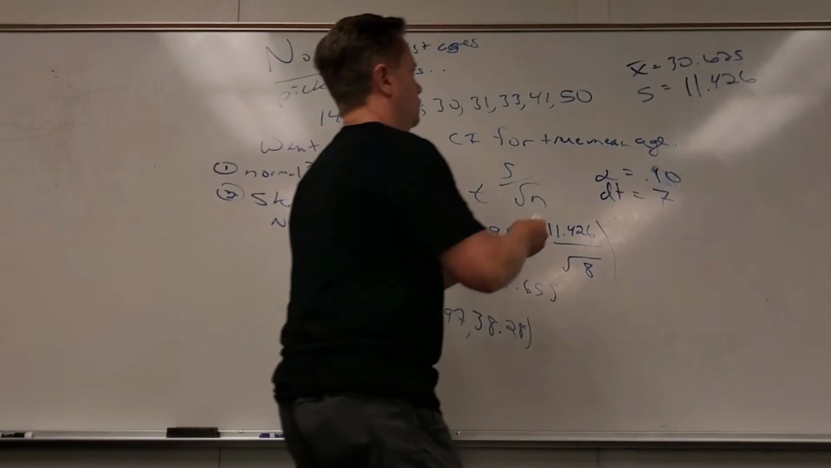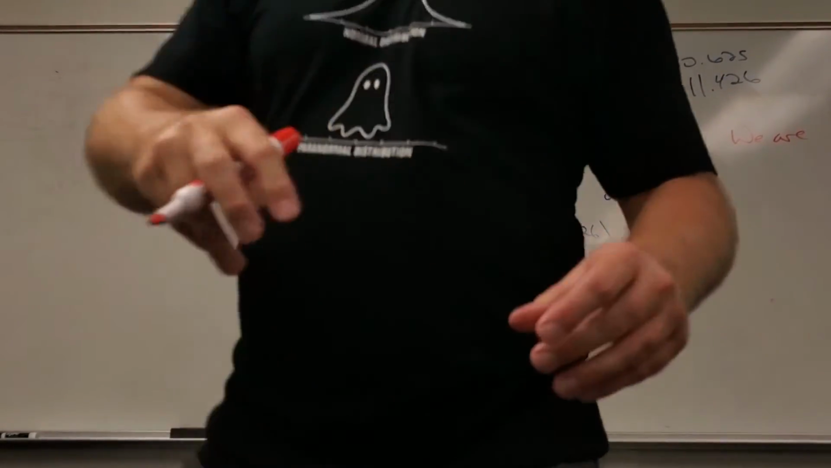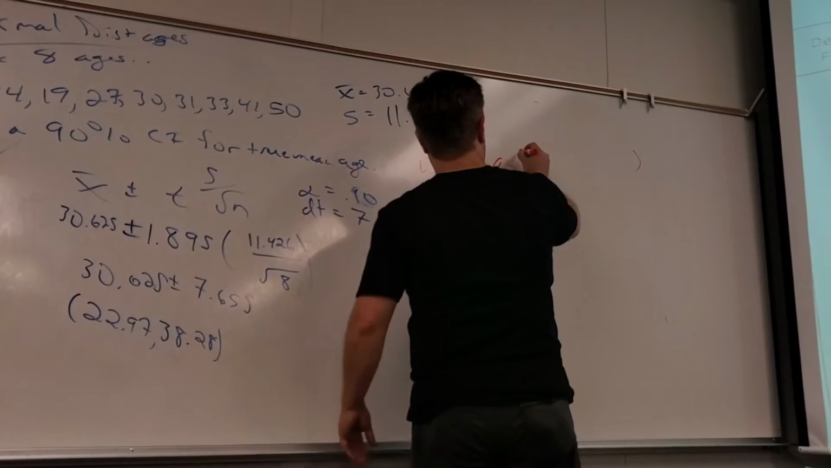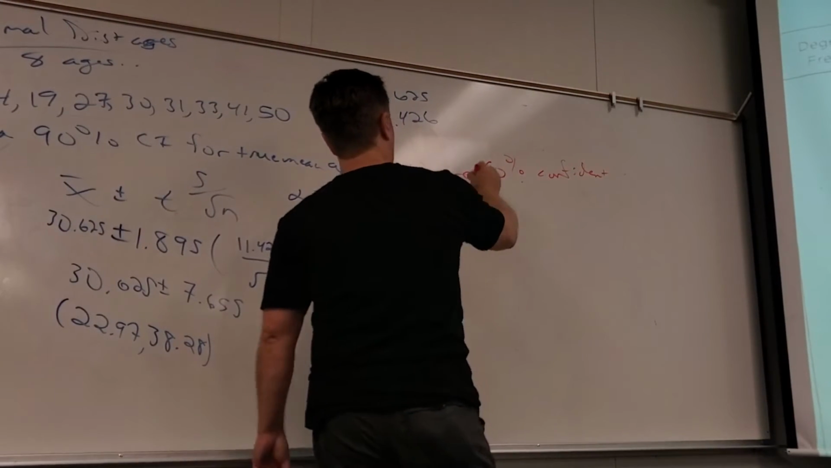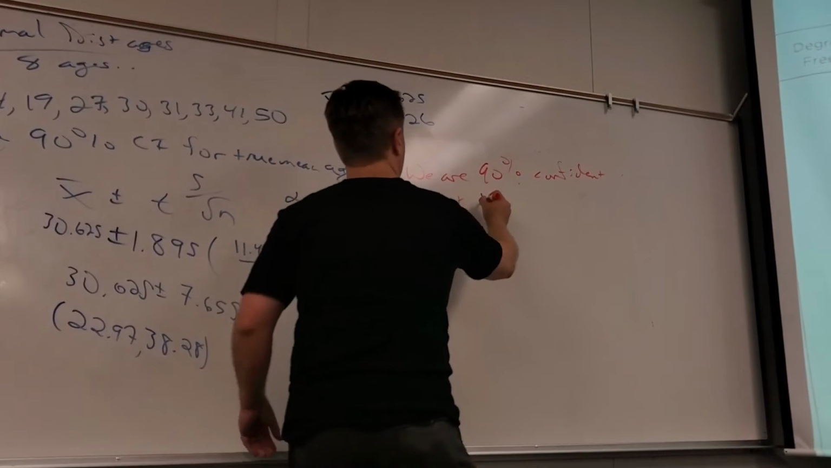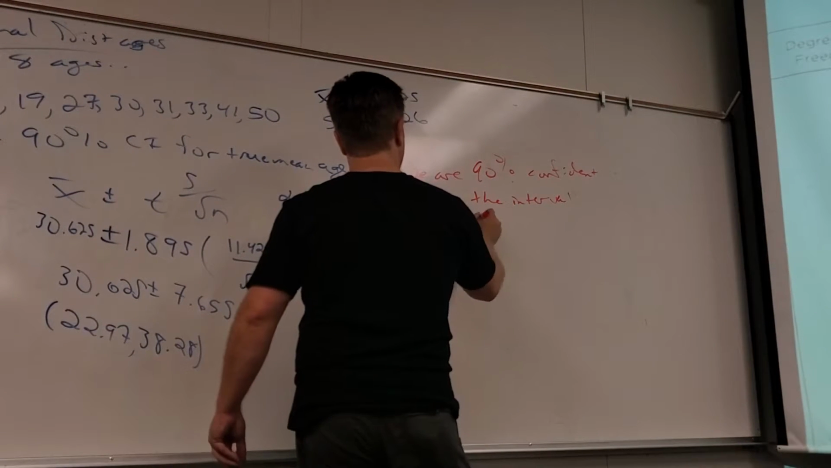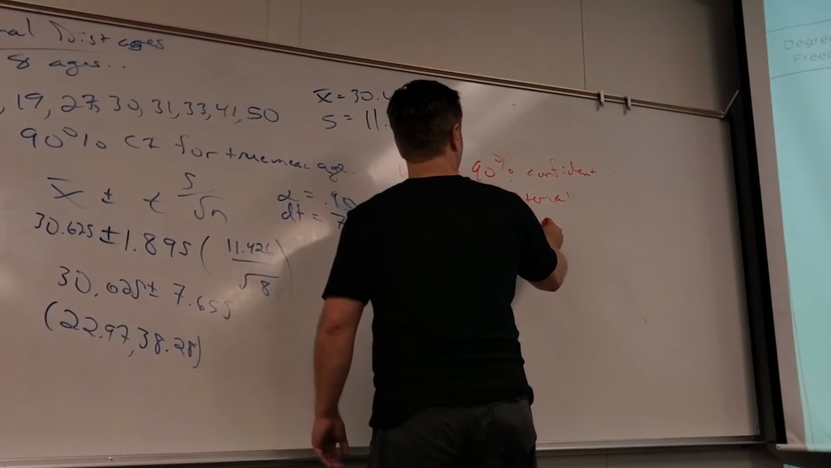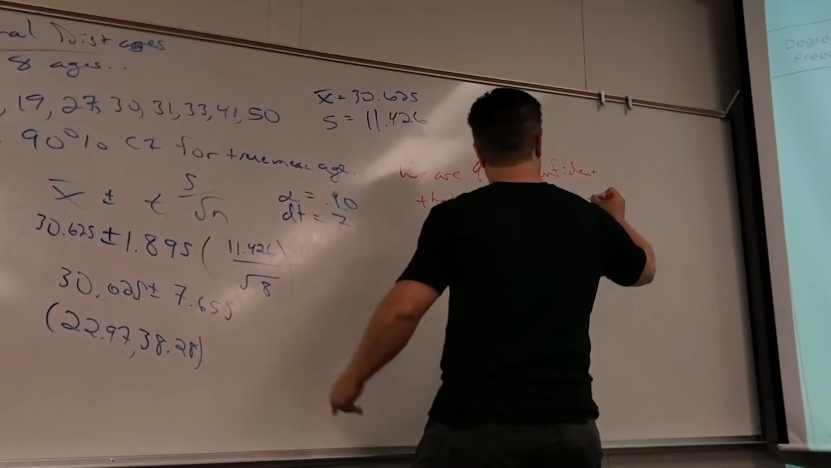All right, so what do you guys write? ER. Yeah. 90% confident. Of the interval, 22.97 years. I like that. 22.97 years to 38.28 years